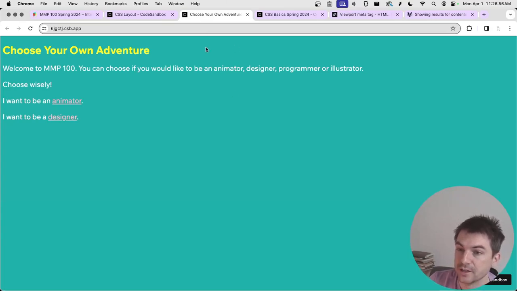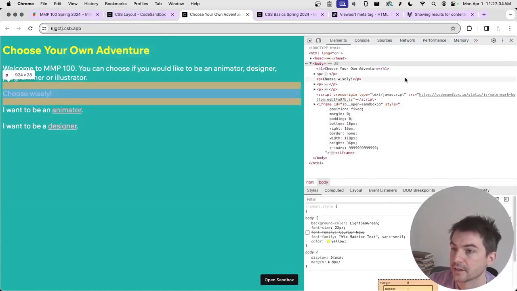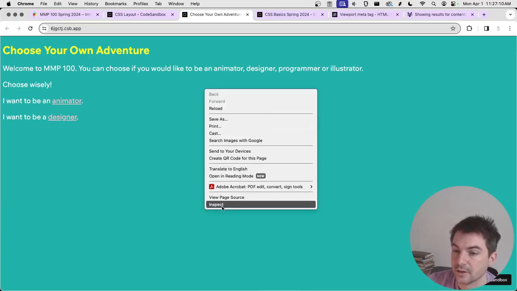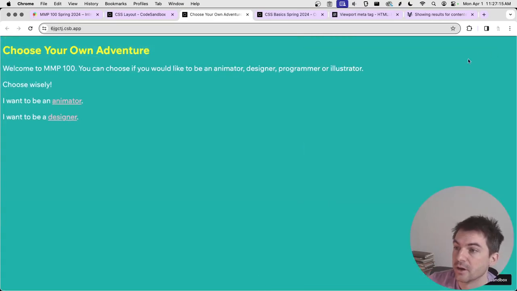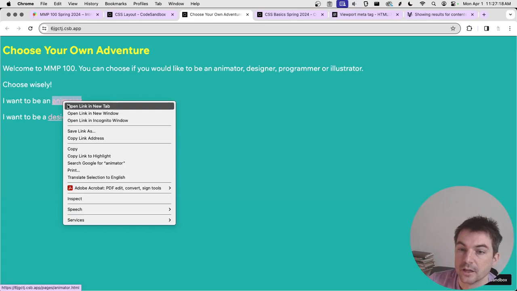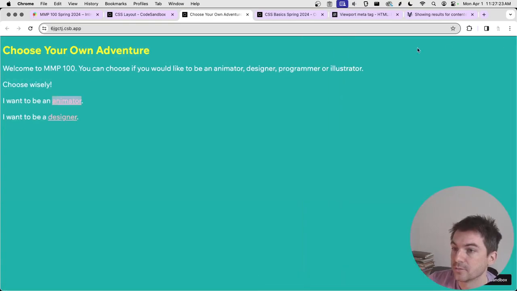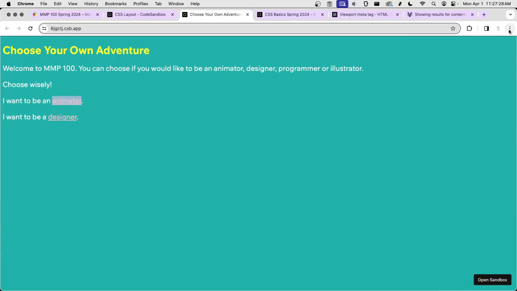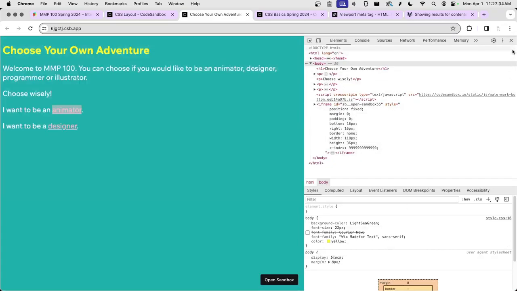There's a couple ways to find these tools. One is to go into View, then Developer, then Developer Tools. That's not the fastest way, but it's probably the most straightforward way. You can also right-click and go to Inspect, and that will bring you to a specific element on the page. For example, if I right-click on the link and click Inspect, it's going to bring me right to that link in my tool set. I can also click on this little drop down here,